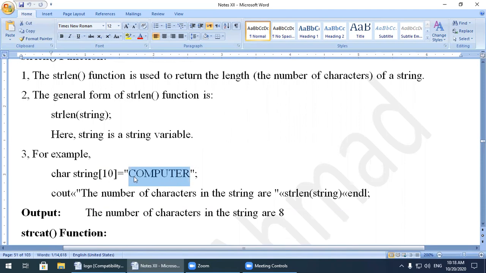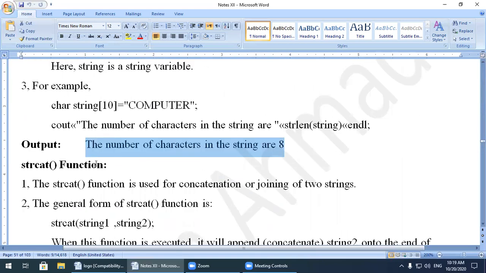If I want to check how many characters I used in the string, I will use a message on the screen, 'The number of characters in the string are', followed by strlen(string). This statement will tell me the total number of characters in the string is 8. So the output should look like this: The number of characters in the string are 8.